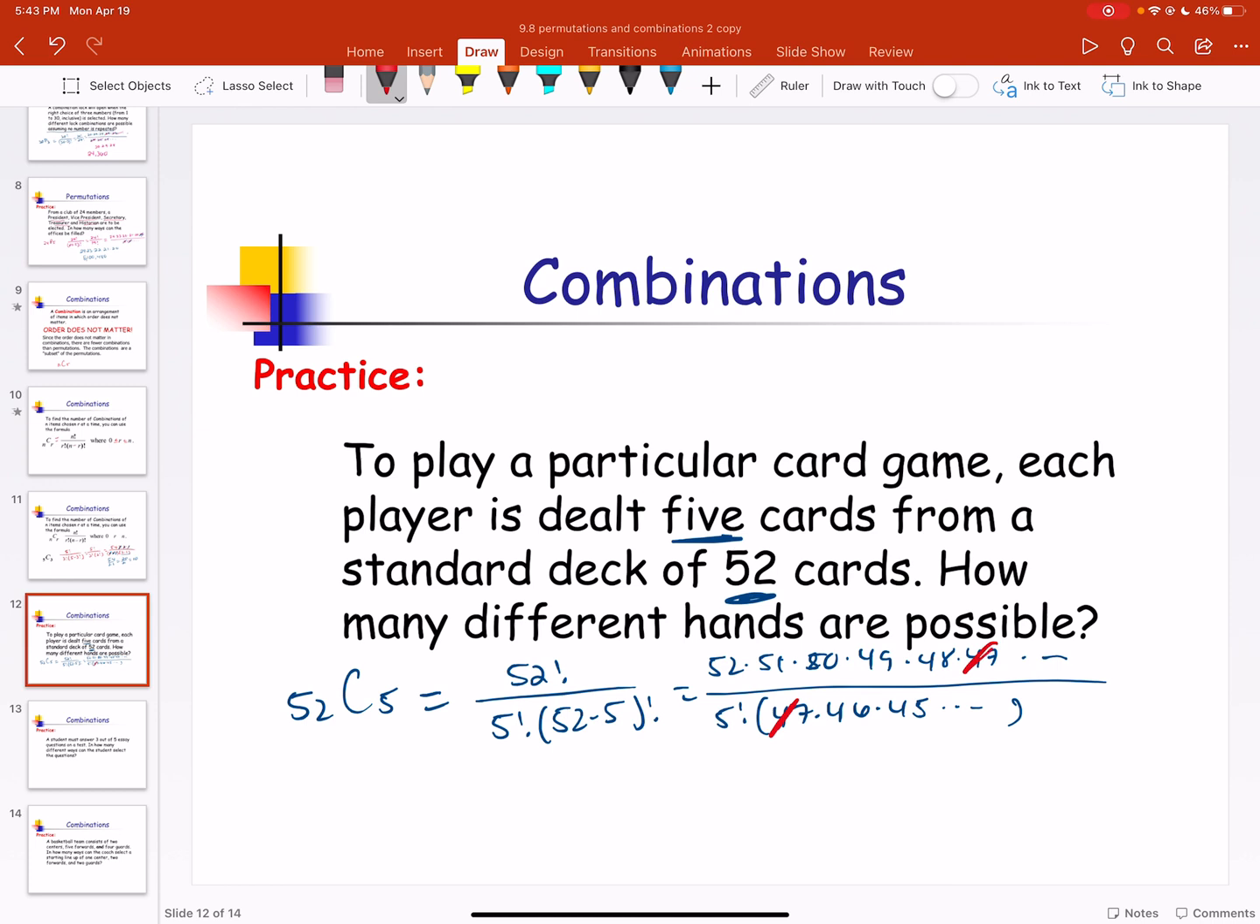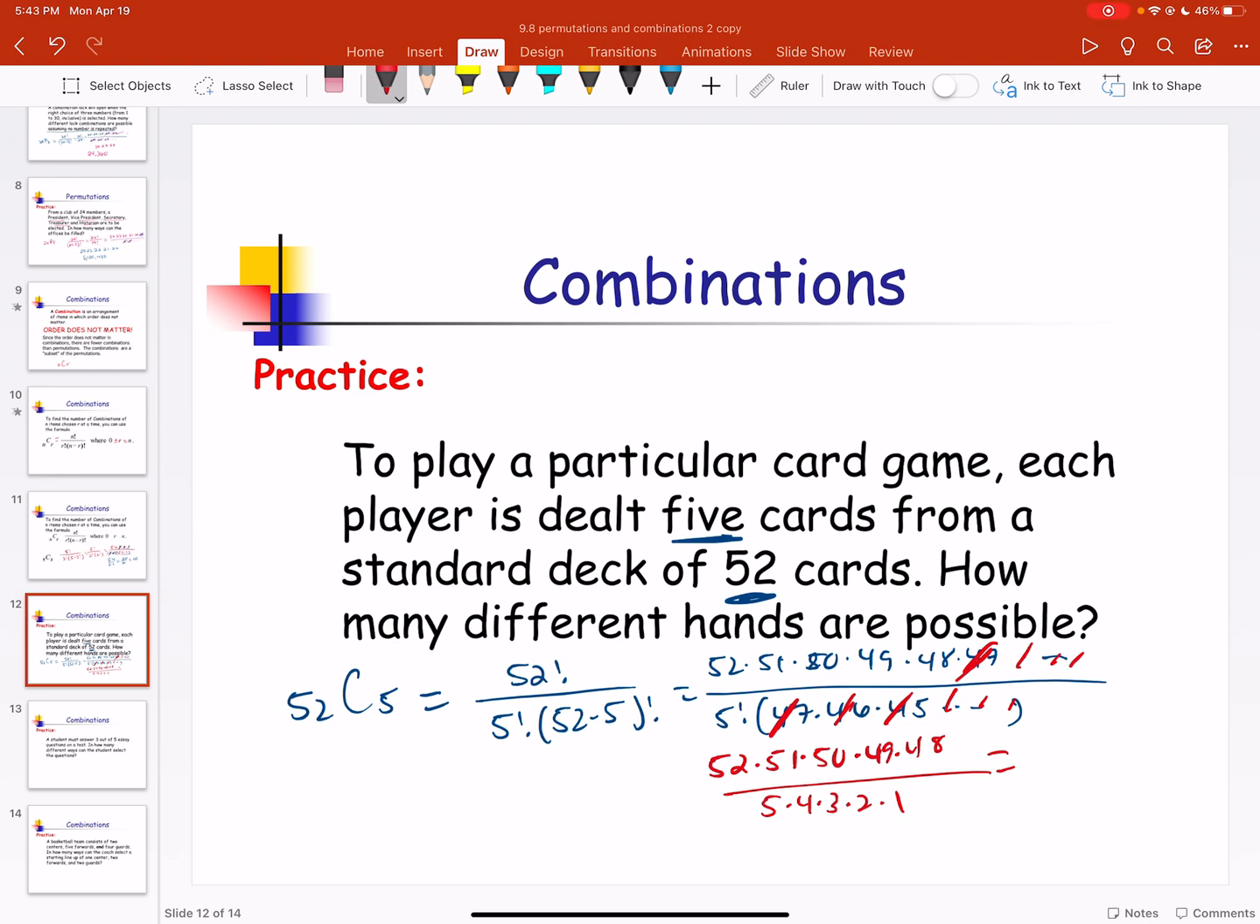Come on there. There we go. So these are going to cancel out. So then you're left with 52 times 51 times 50 times 49 times 48 over 5 times 4 times 3 times 2 times 1. And I'm going to just use a calculator to do this